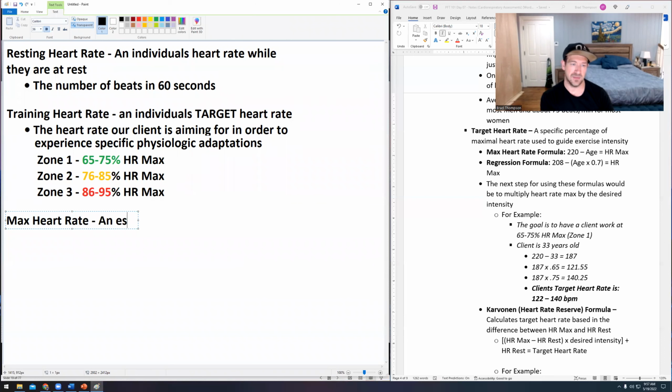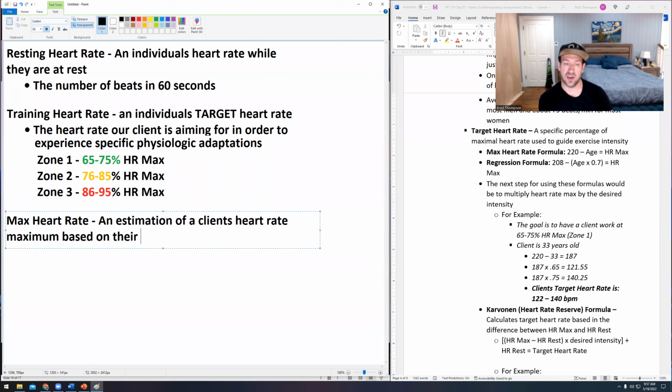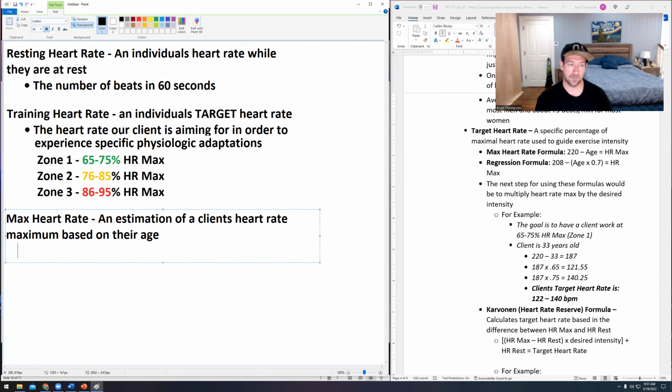So it's an estimation of a client's heart rate maximum based on their age. Okay, so we do base this on their age, and that formula is going to be 220 minus their age